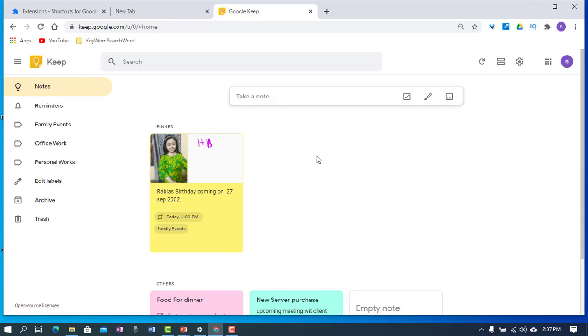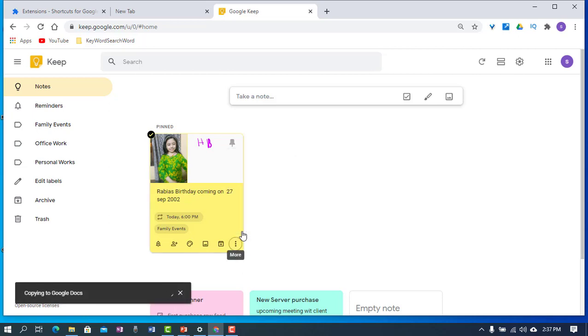Now the second bonus tip is that if you create a note which have a large amount of drafting or bullet points, and you can import into a Google Doc, you can easily do it. How can we do it? Just move your cursor on these 3 dots and here you have an option, copy to Google Docs. As soon as I click on copy to Google Docs, all my drafting and all my text will move to the Google Drive.